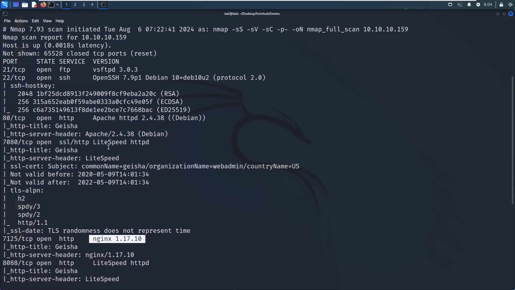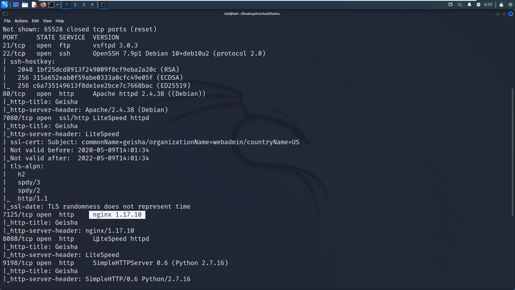So as you can see, different applications are running on the target machine: Apache, and this one is also Apache, and this one is Nginx, and the next one is LiteSpeed, which is also running the HTTP service, and the last one is 9198, which is running the HTTP service, and the version is SimpleHTTPServer.